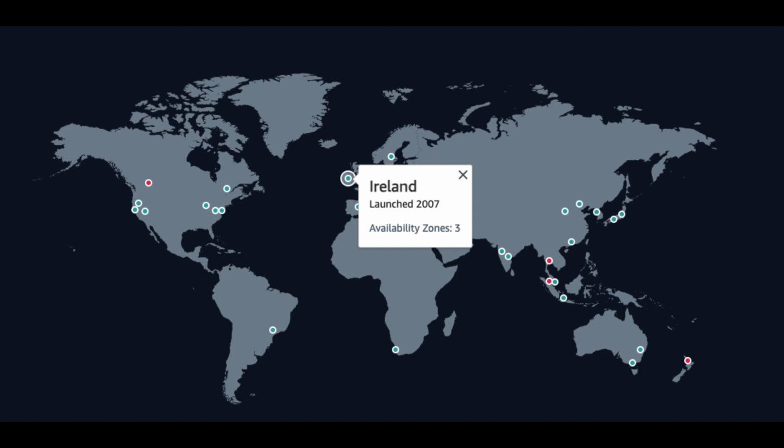Availability. AWS delivers the highest network availability of any cloud provider. Each region is fully isolated and comprised of multiple AZs, which are fully isolated partitions of our infrastructure. To better isolate any issues and achieve high availability, you can partition applications across multiple AZs in the same region.